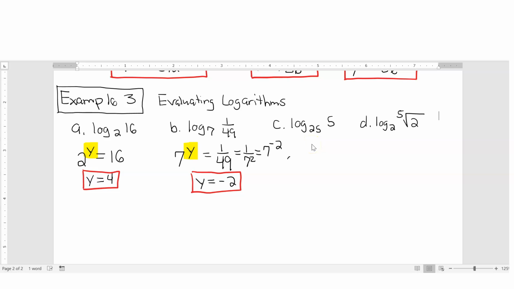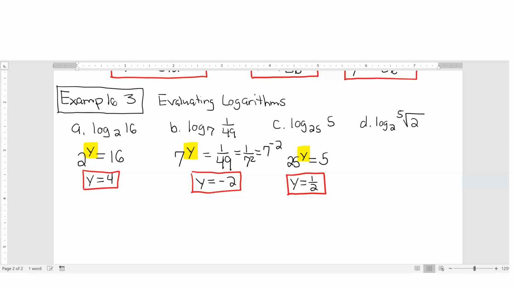In part C, the base is 25. We're looking for some exponent y that will make that value 5. In this case, using our rational exponents, that is going to be 1/2, right? Anything to the 1/2 power is the same as the square root, so the square root of 25 would be